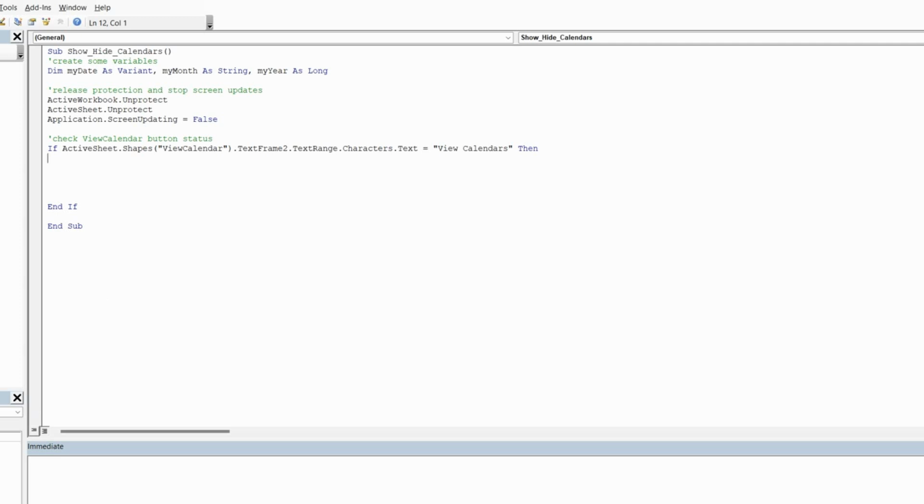So the next thing that we're going to check is if it is view calendar, then we need to check if a date has been selected, and then update selected accordingly. So I'm just going to do a tab here to indent it, and I'm going to do apostrophe. So we want to check if date,